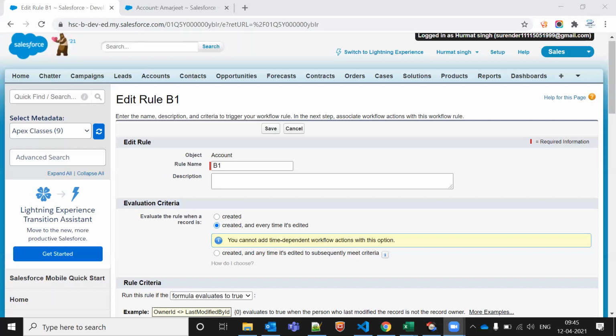At the rate InvocableMethod. Yes. The method should be static. Okay. Fine. So can we do submit for approval from process builder? Yes, we can. Okay, fine.